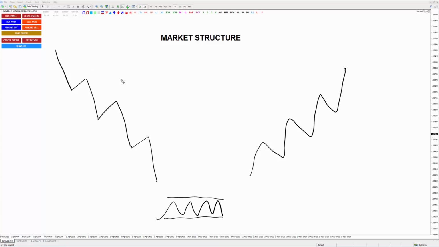Right now, these work exactly the same between main and minor structure. This is a downtrend or bearish. This is an uptrend or bullish, and this is a sideway or consolidation. Both main and minor have the same pattern between bearish, sideway, and bullish. So this is market structure in general. Okay, so let's focus on this.